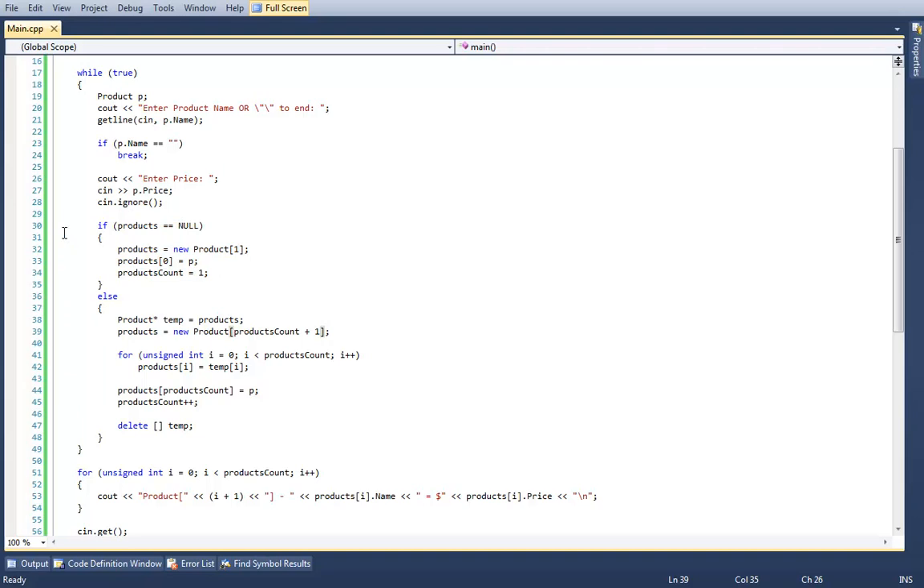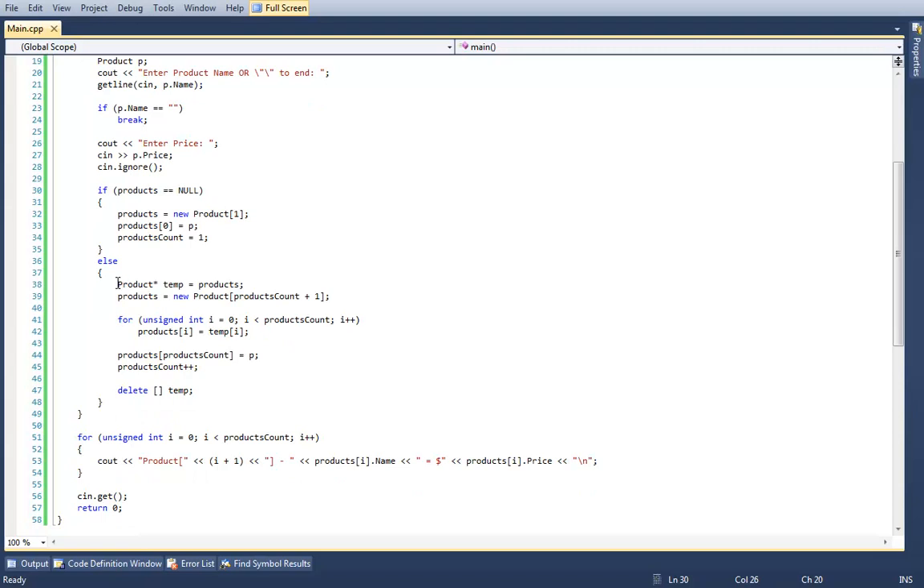Now, we have to do a little bit more work, however, if products is not null. So the second iteration of the loop, what we're going to do is first create a temporary variable to hold our old products array. And then we're going to instantiate a new array with one additional item and set that to our products pointer. After that, we are going to run through 0 to the amount of products that are in the old array, and we will copy them over from the old array to the new